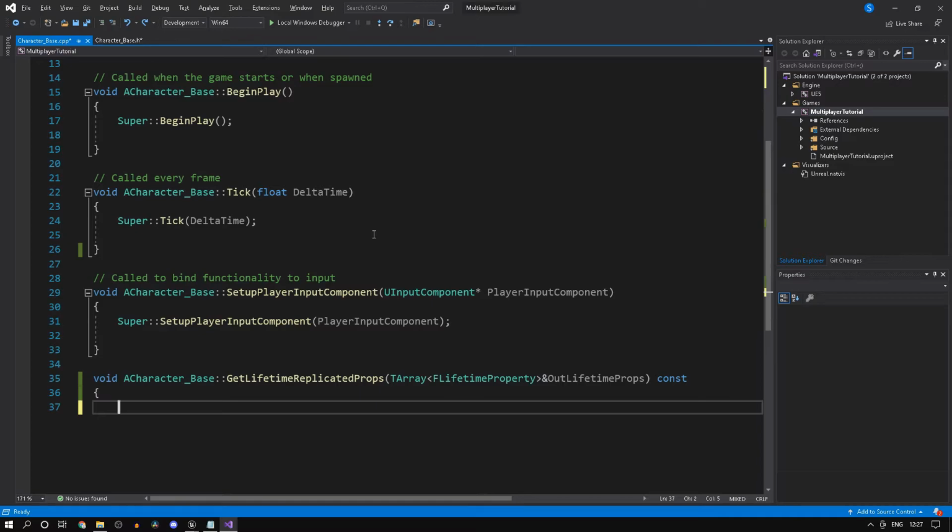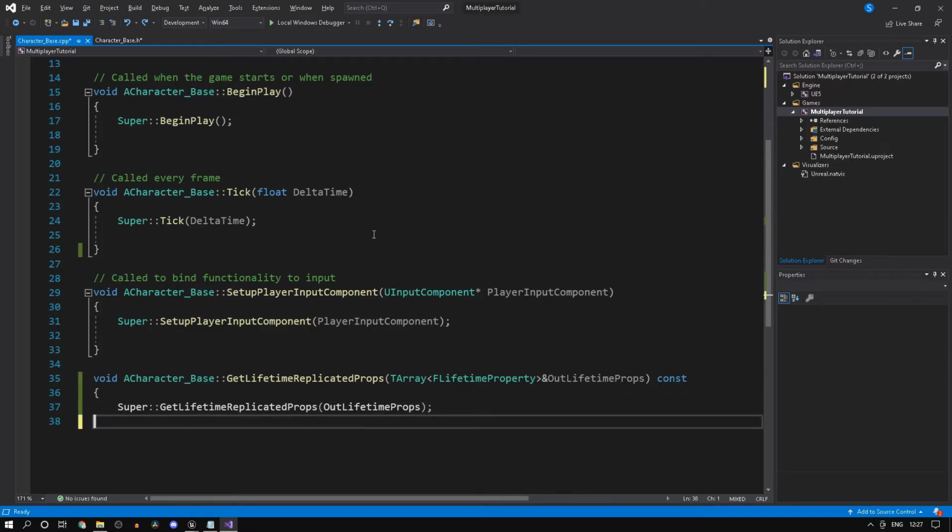So once we have that, inside the body, let's just type in Super::GetLifetimeReplicatedProps(OutLifetimeProps); and end that with a semicolon.